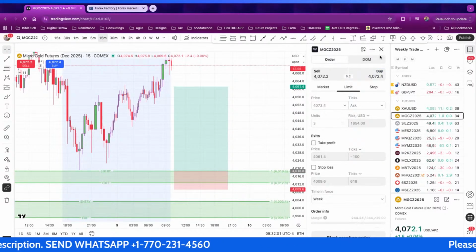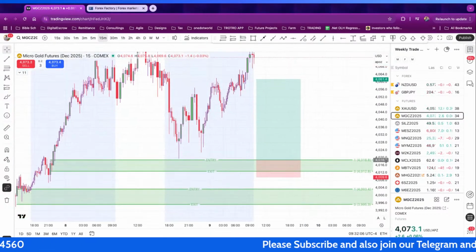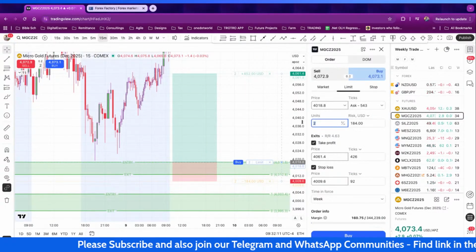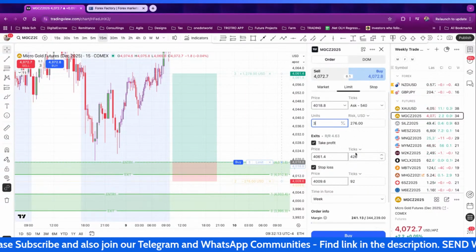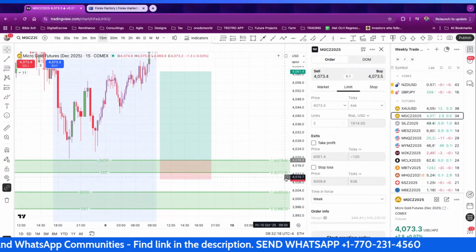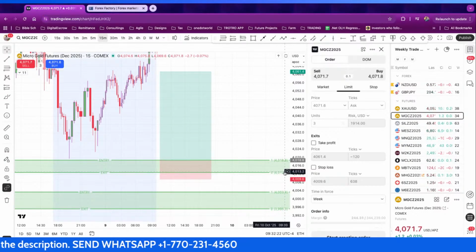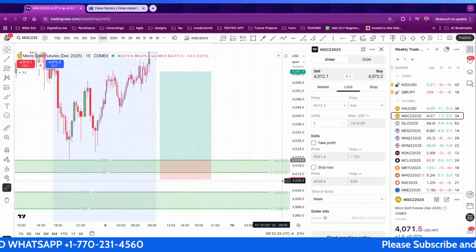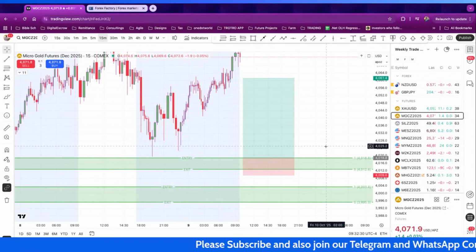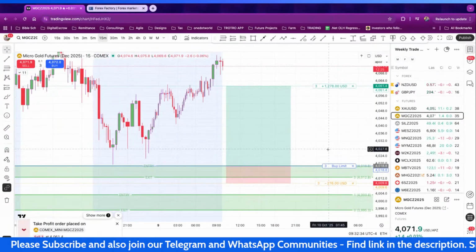So that is where, guys, I'll pick this from. The order is sitting right there. I love this demand zone right here. If you're watching here, it is 4,018, and then stop out at around 4,009. So 4,018, 4,009. That is where the gold is. That's the story for gold.